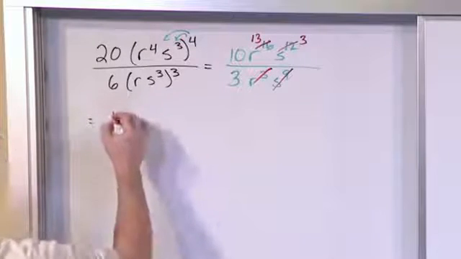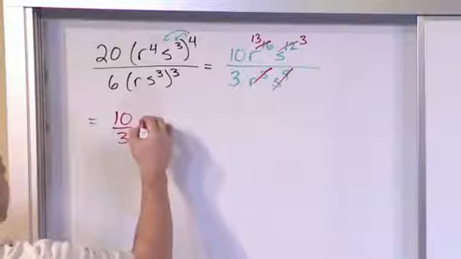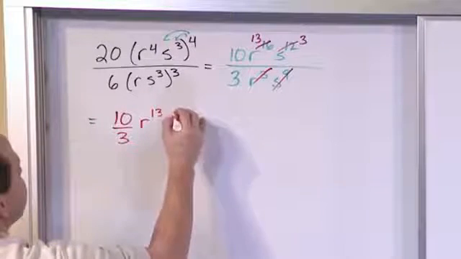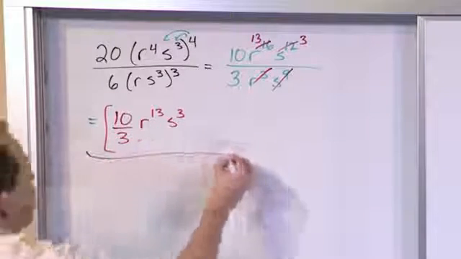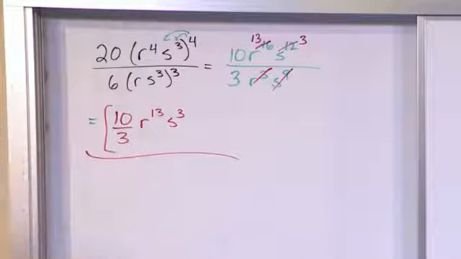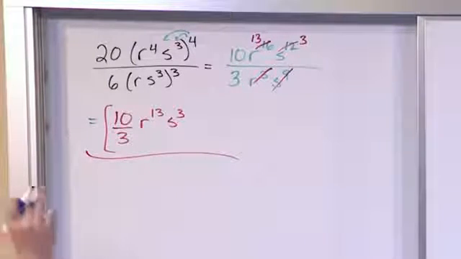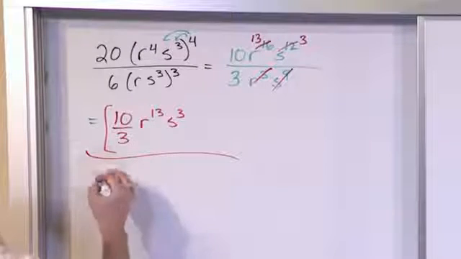Now you just read the answer off. 10 over 3, and then you have r to the 13th power, s to the third power, and that's it. So 10 thirds r to the 13, s to the third. So, really, honestly, not very hard. You just have to make sure that you're really looking at the top and the bottom and making those cancellations. What if we have something like